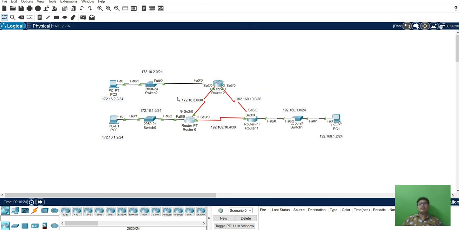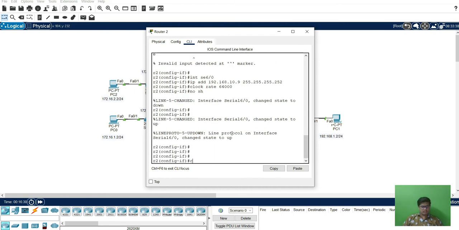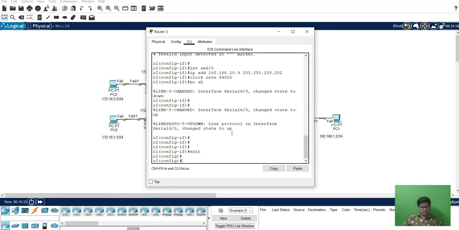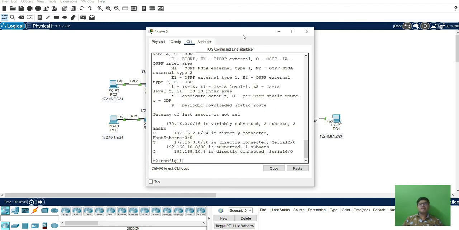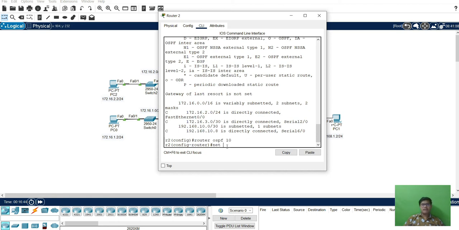Okay, so we will move to router 2. This is the IP route here. Router OSPF 10, network 172.16.2.0, 0.0.0.255, area 0.